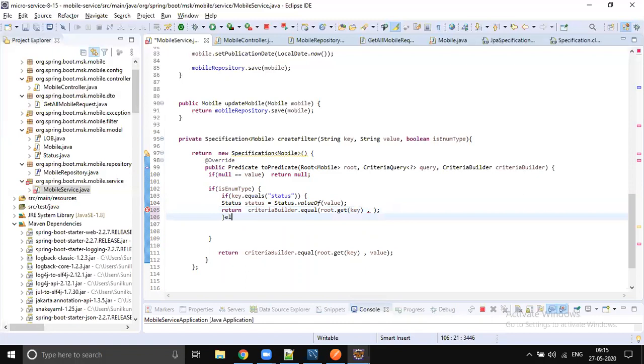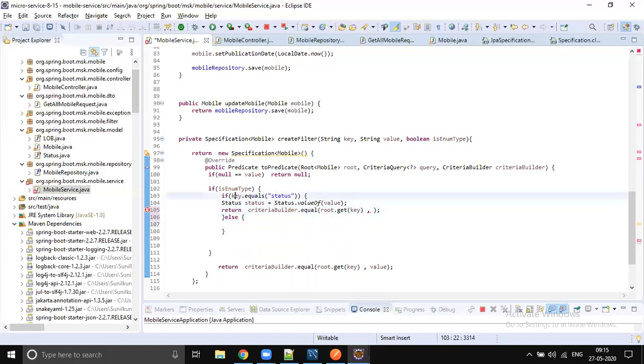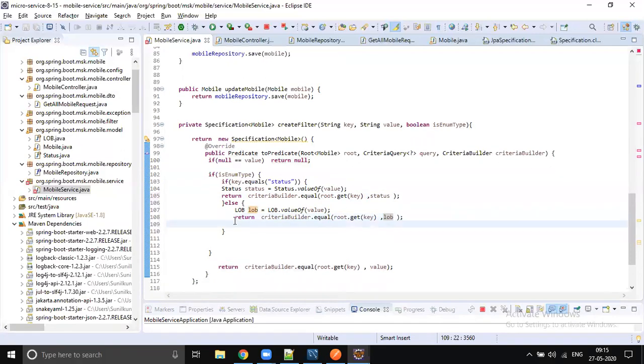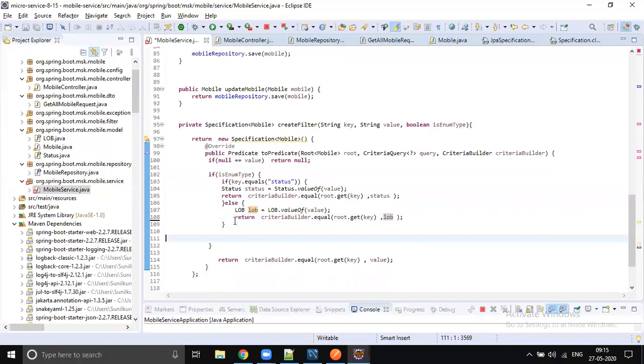If it is not status, then convert into LOB, line of business, LOB capital. It should be LOB.valueOf, and just return status or LOB. If it is not enum type, then return directly as is.